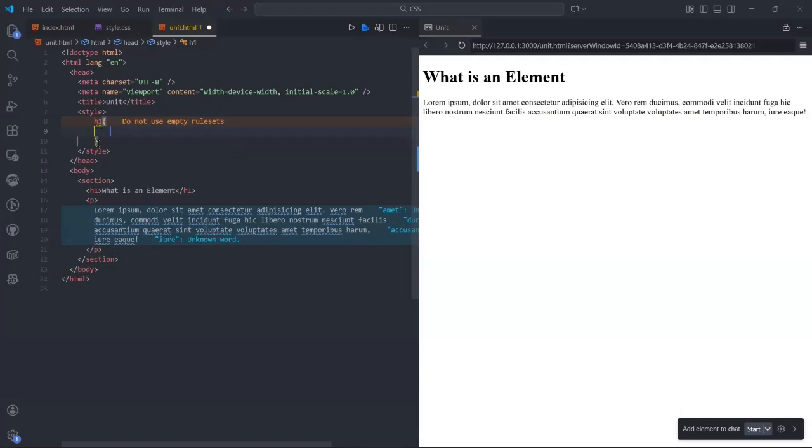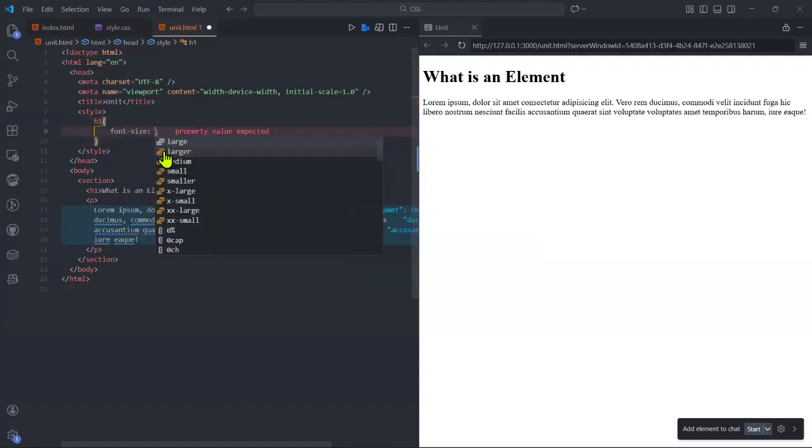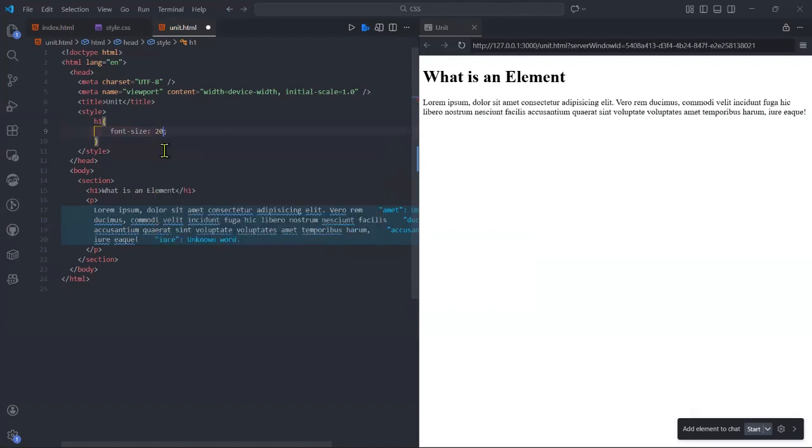So now we are targeting the H1 element, which is this one, right? We are going to target the H1, and then we write our property as font size, right? Font size. And then we can give it a value, which we can say maybe 20 pixels,